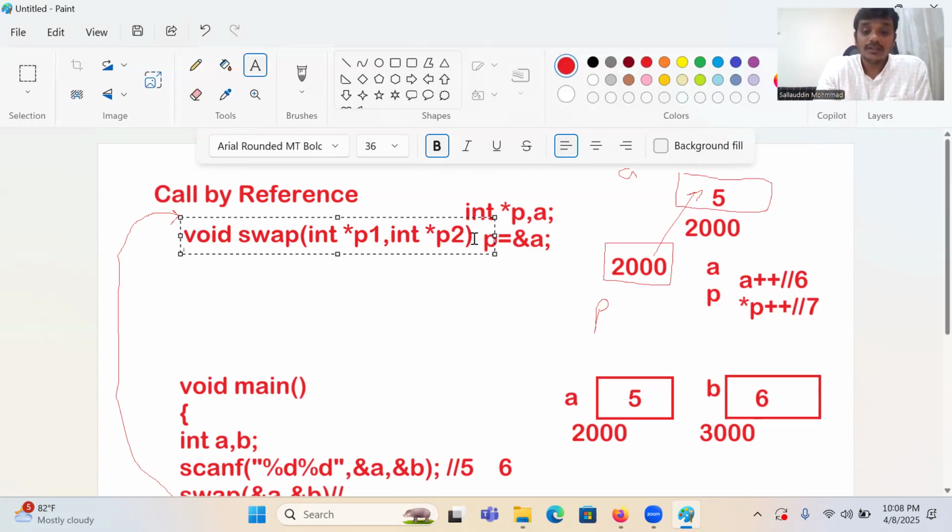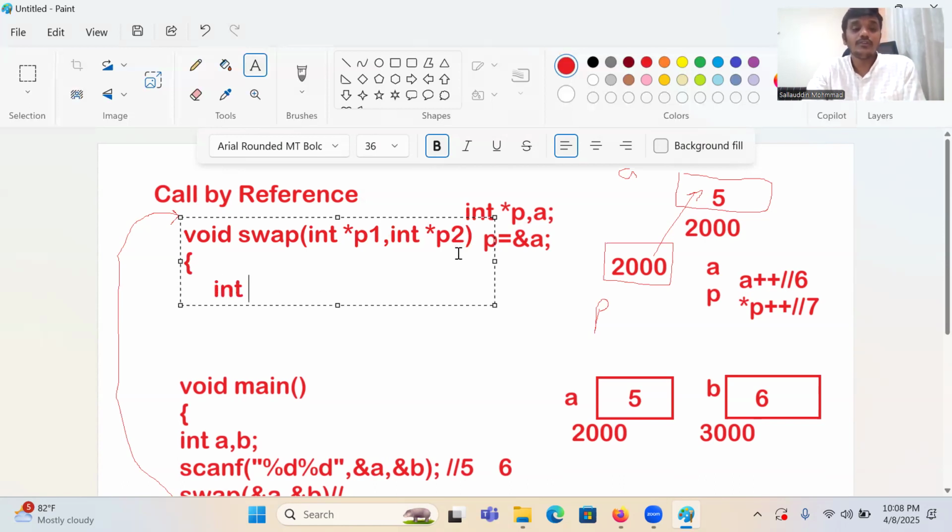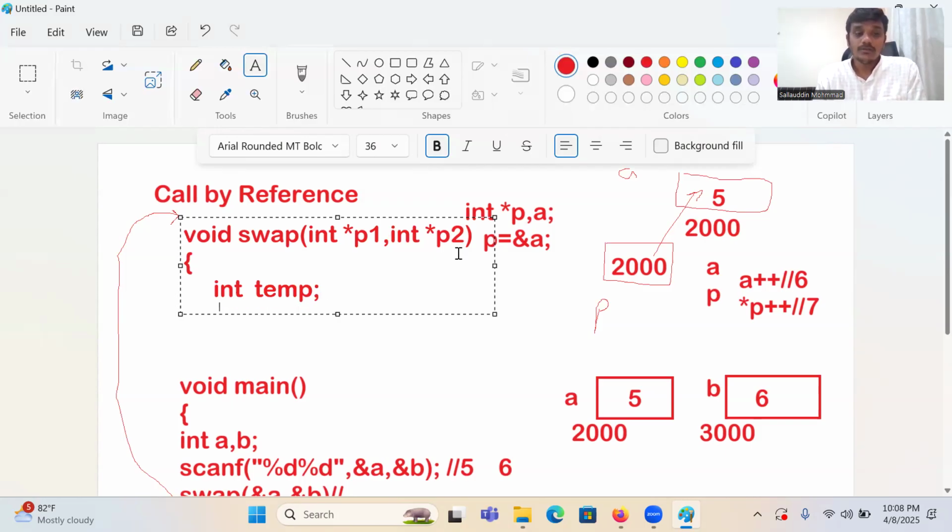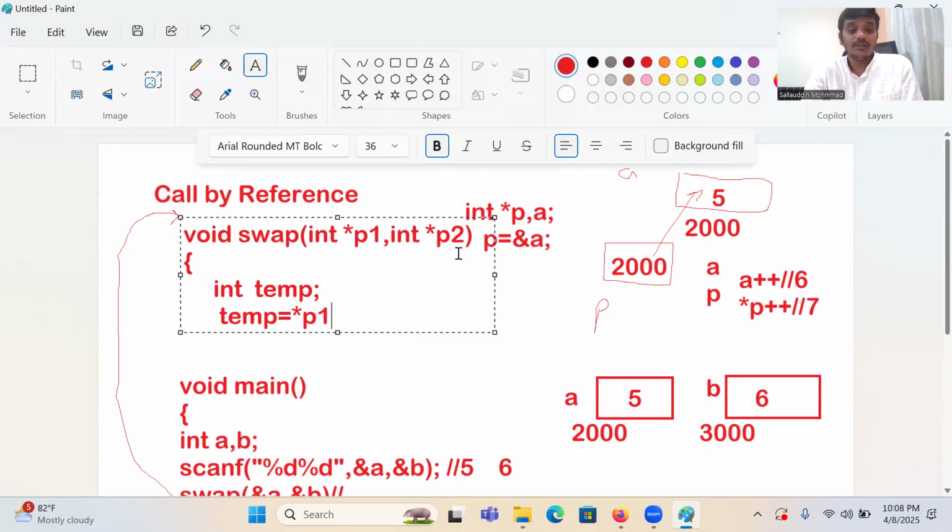Okay, so then what happens here? After creating these two pointer variables, we want to perform the swapping. For the swapping, we should use an extra variable, temp. Now, temp is a local variable for the swap function. The next statement is the swapping. Let me write the well-known statements of how we are swapping: temp is equal to *P1, followed by *P1 is equal to *P2;